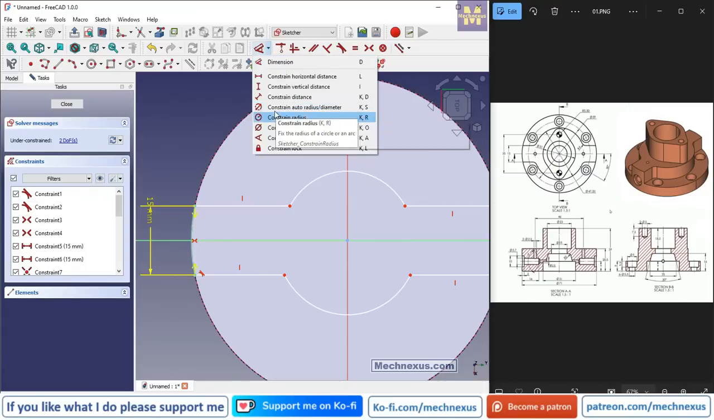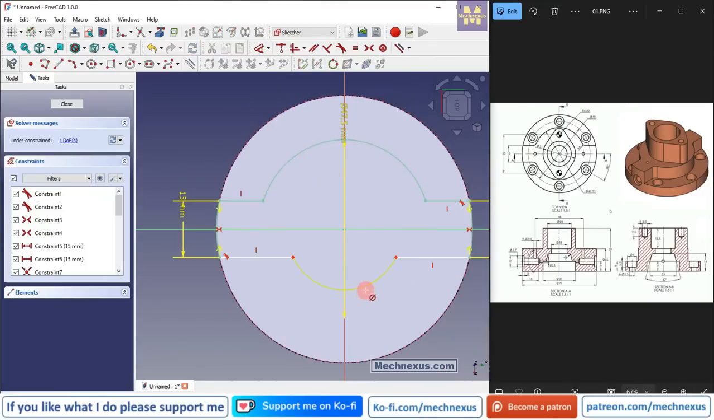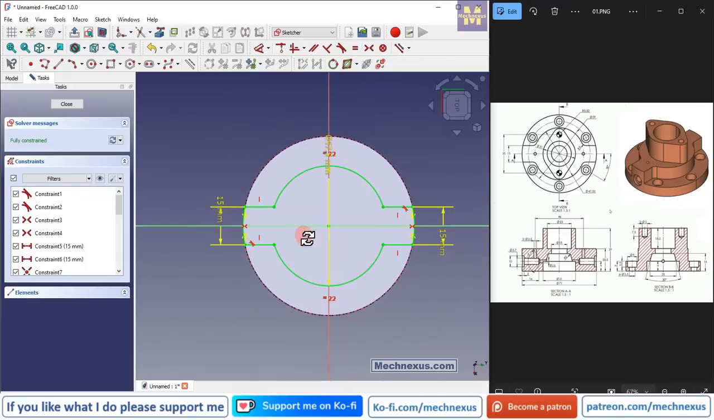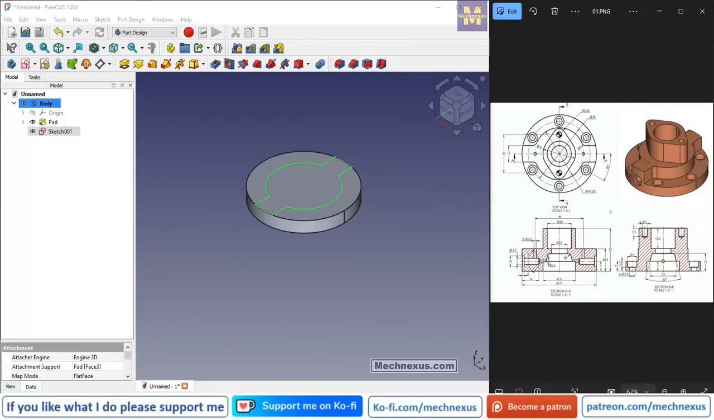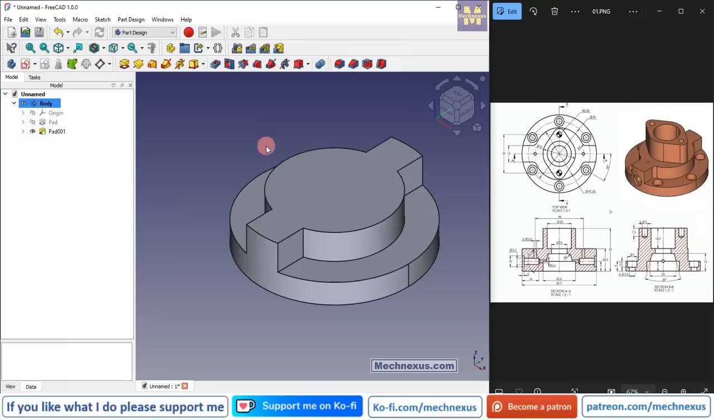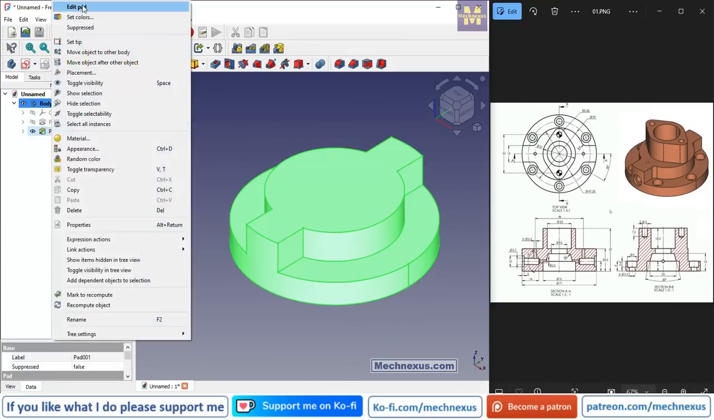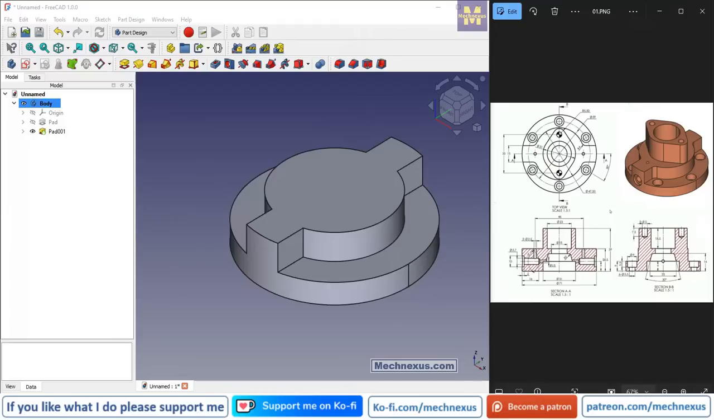Let's select diameter and give it a 47.5, and select this and make it equal. So our sketch is fully constrained. We will close it and we will add the material of 11.5. Okay, now we will